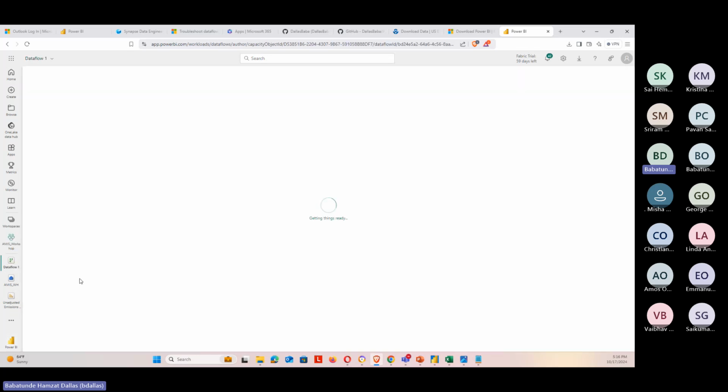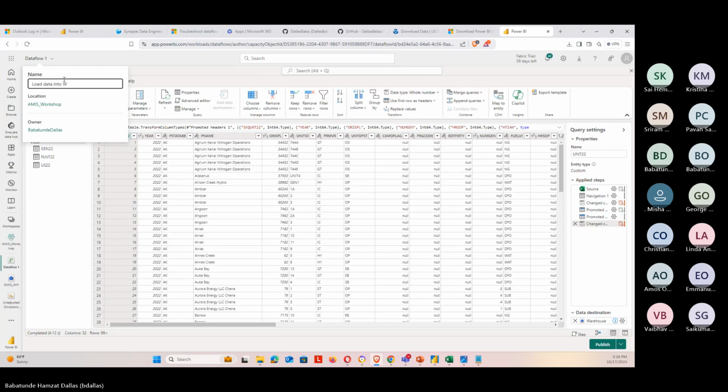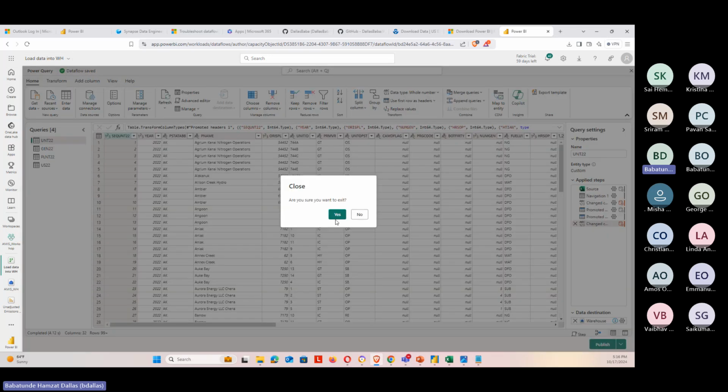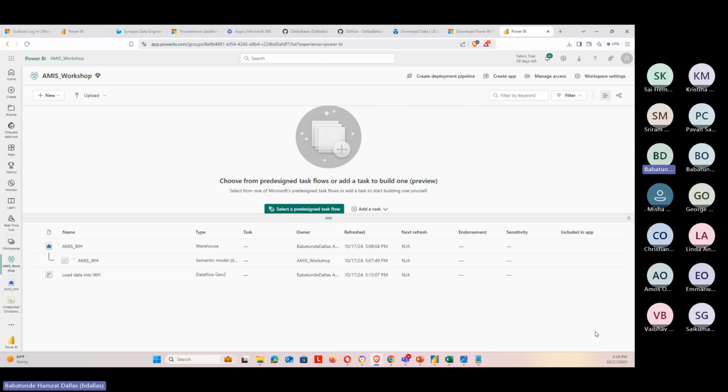Let me do one thing right here, change this, give it a descriptive name. I will just say, into warehouse. Then I will say that, and I don't need to publish anything. I can just name it, and I will say, do you want to, let me publish again. I don't want to break anything. And while all this is going on, you can see I didn't do much. Oh, let me just